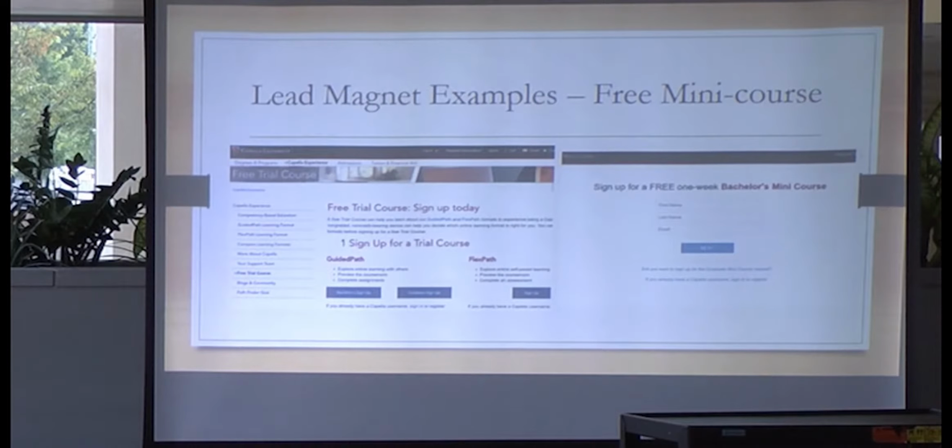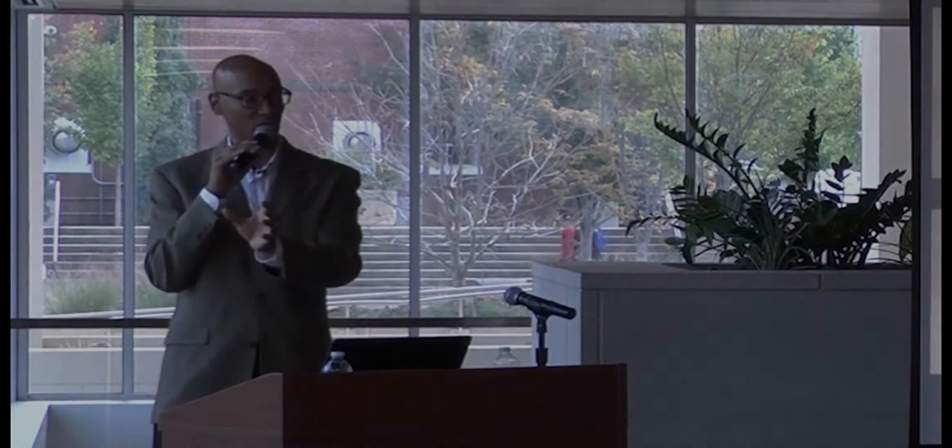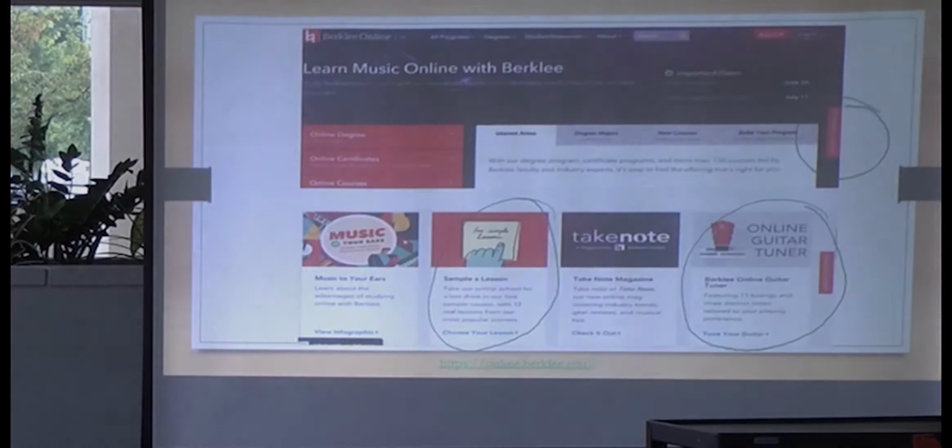Somebody who has a full course to promote or to sell, whether in a traditional academic setting or an individual who has their own course, can provide basically a chunk of the course, a module of the course, a unit of the course for somebody to consume or to study, and then that might help them to determine whether they're interested in pursuing something in more detail in the future. Berklee College of Music is an institution that uses these lead magnets well.